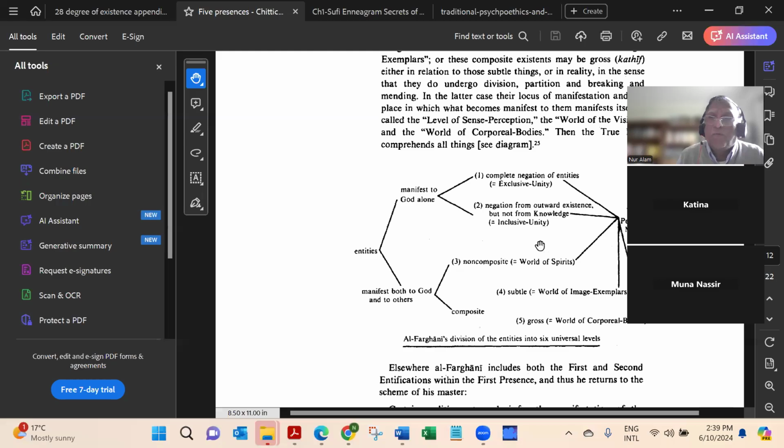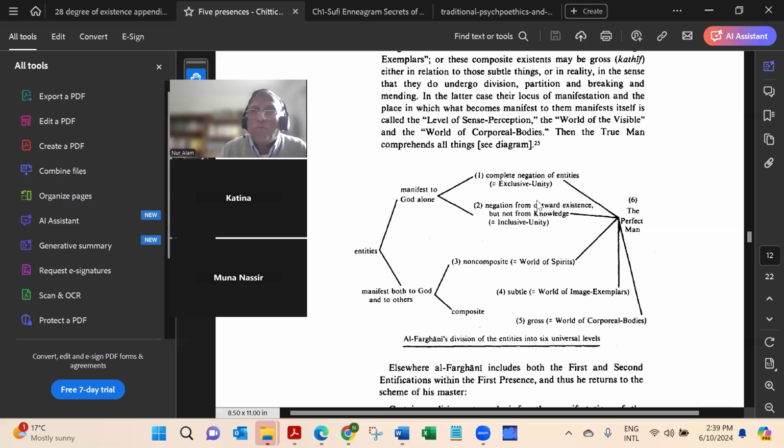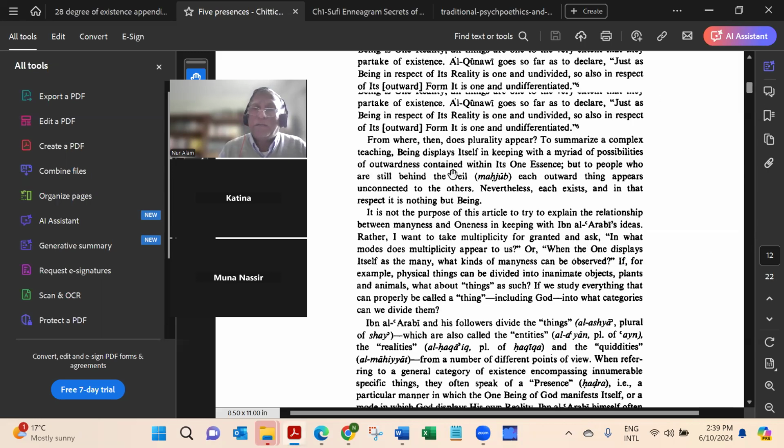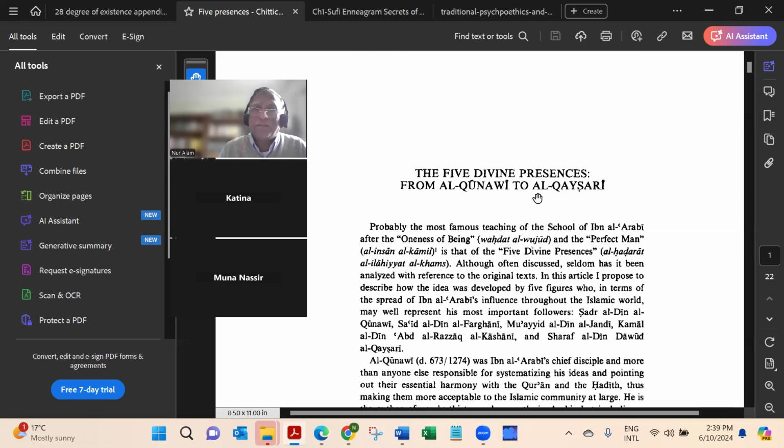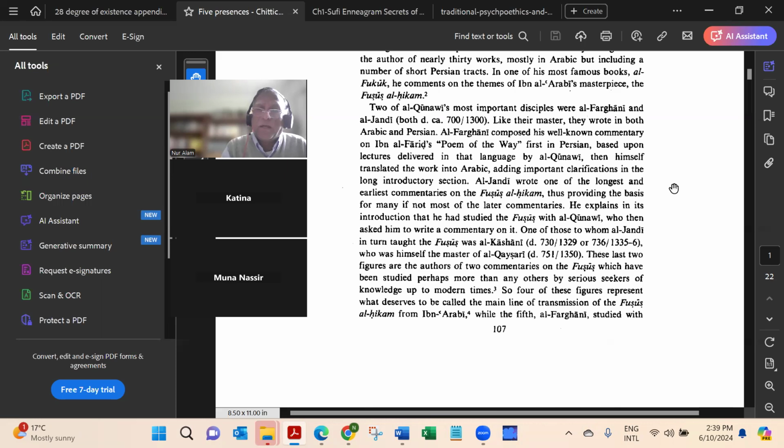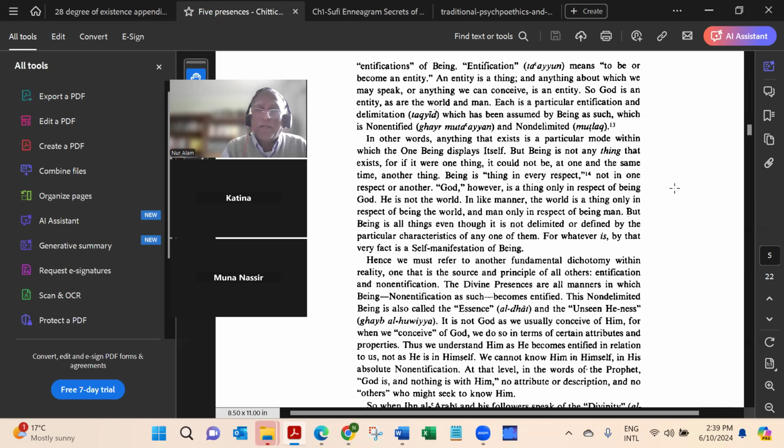So what actually I wanted to share at this point is there is a diagram of multiple layers, the five presences, and this is an Ibn Arabi diagram. It started in this article, Five Divine Presences from Al-Qunawi to Al-Qaysari. There's an article which I'll post into the chat, and this is written by William Chittick. So this diagram is what I wanted to mention briefly, because now that we have gone into this realm